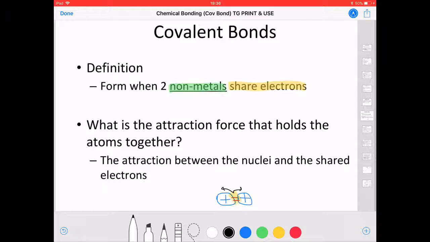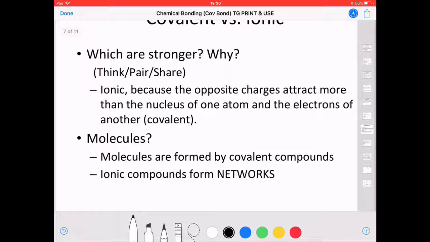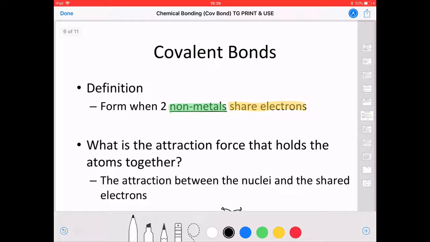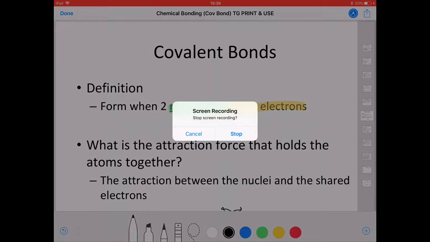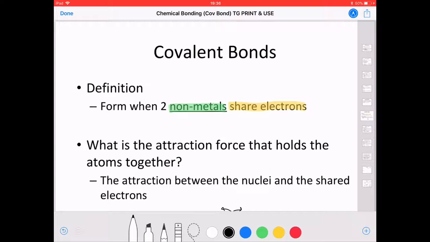So it's the attraction between the different nuclei and the shared electrons that creates a tug of war between the atoms and holds that bond together. If you go to your next slide, you can see this here. We're skipping this part, but where you see covalent versus ionic, which one's stronger? We know it's ionic bonds because if we go back up to this picture, you guys can see